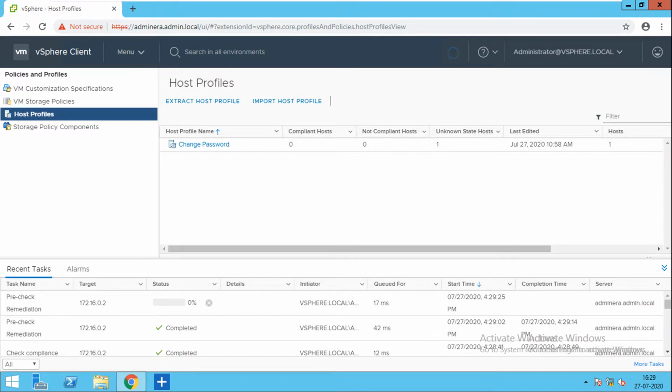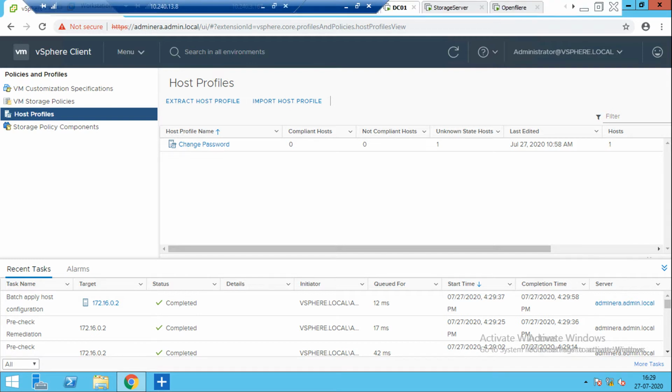As soon as it gets remediated, your password will start working. Whatever password you want, you can keep. The requirement is that the ESXi host should be attached to vCenter, and some ESXi host should be accessible with a known password. So I did it, it's complied, and everything is done properly.